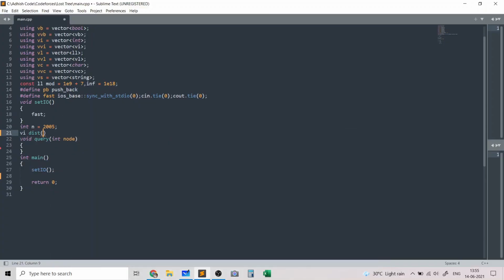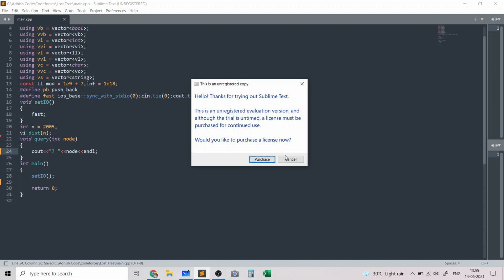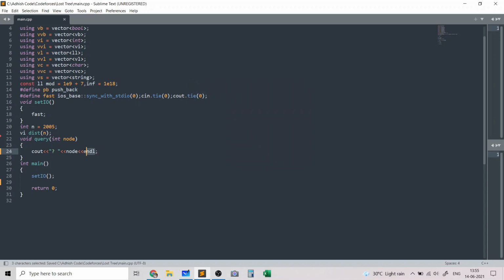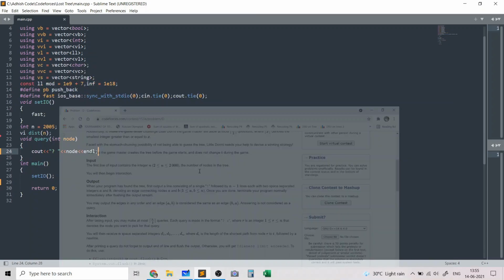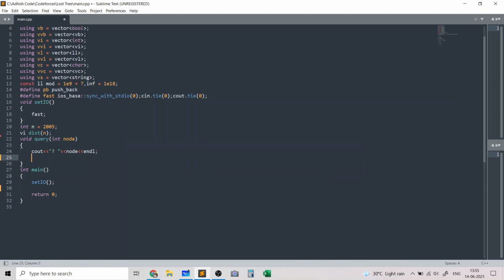So I'll have dist array of size n, and in the query function I'll basically give the output as a node in the format which they mentioned, and I'll put an endl because the endl basically flushes the output, and without an endl there will be an idleness limit exceeded, which is basically a wrong answer.